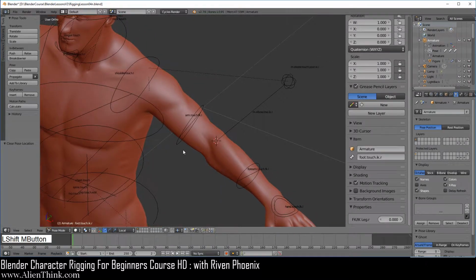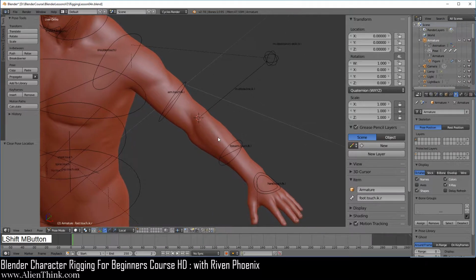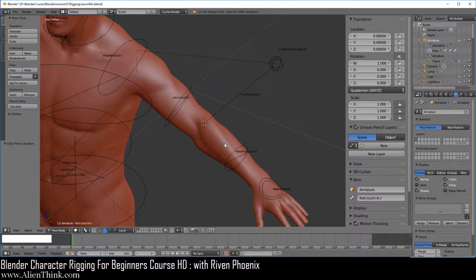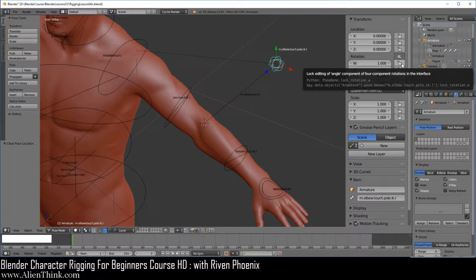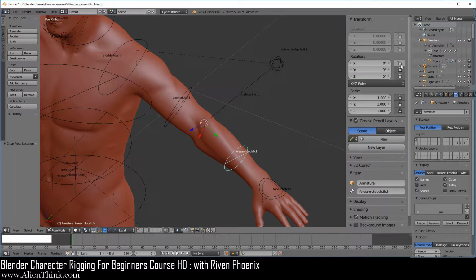So what we need to do now is take a look at all the locks on these bones. So first we're going to look at these touch bones over here. Okay, now what we want to do is let's go ahead and just click on the shoulder to make sure that this is set up. Right, this is for rotations. Now click over here. Now here we want the user to be able to change the location but not the rotation, so we're going to just lock this, and of course the scale, and let's click on this FK over here. Of course over here we don't want them to touch the location. Over here this is set up correctly, the scale should be locked.